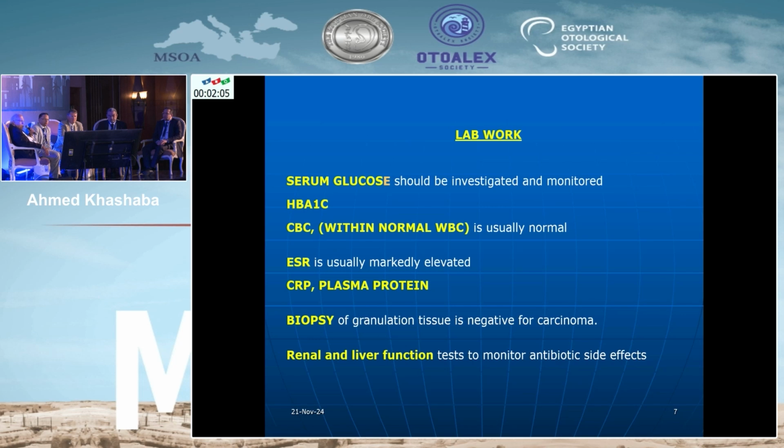Then the rest are all things that show you how you're going to go. Biopsy, let me